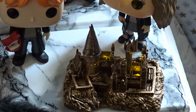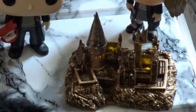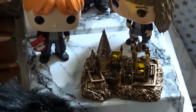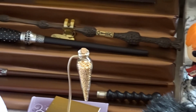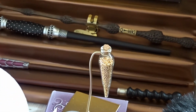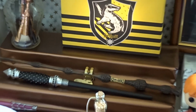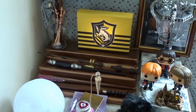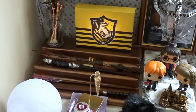And then this is a model of Hogwarts, which lights up. This was from a sticker book from Forbidden Planet. This whole shelf, let's say, is with wands and my Hufflepuff sign. So I've got the Elder Wand,